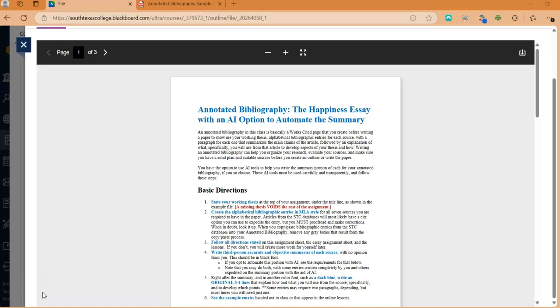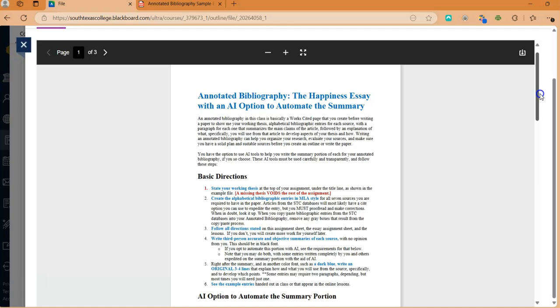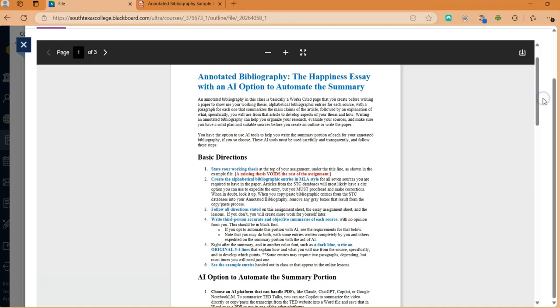Okay, here I'm inside the assignment link for the annotated bibliography for the essay, and this does have an AI option to automate the summary portion of the entry. So this should save you a fair amount of time. It's not hard to write a summary, but it is kind of hard to write one that is very good,